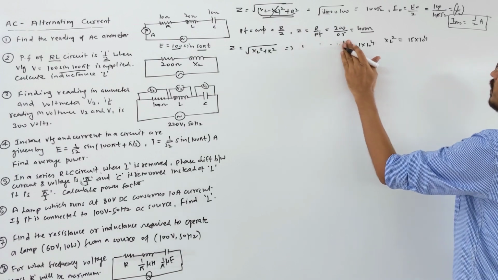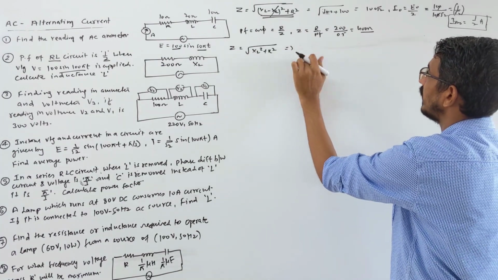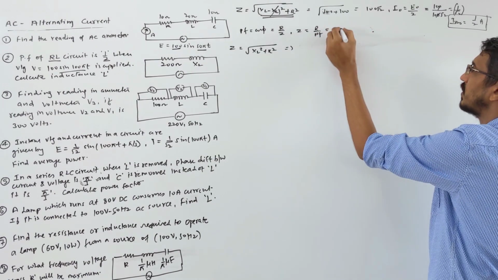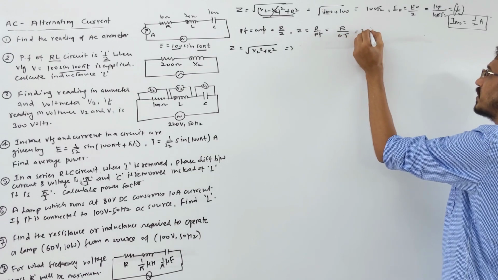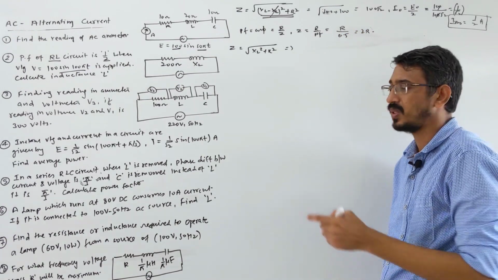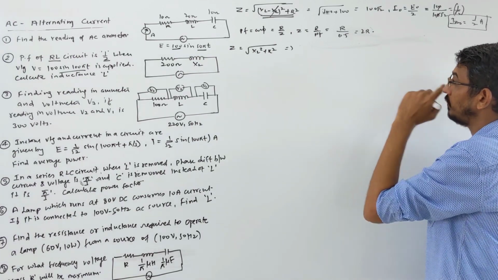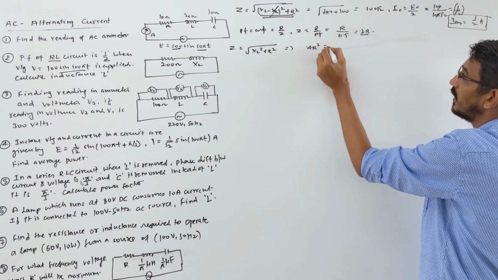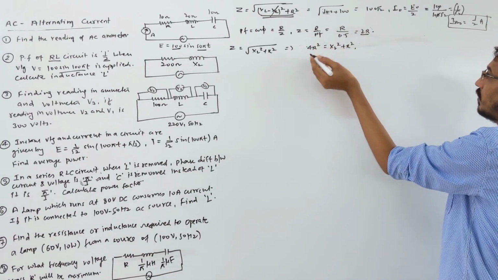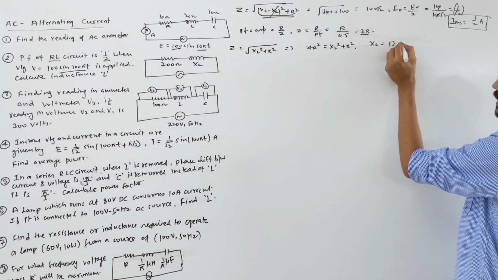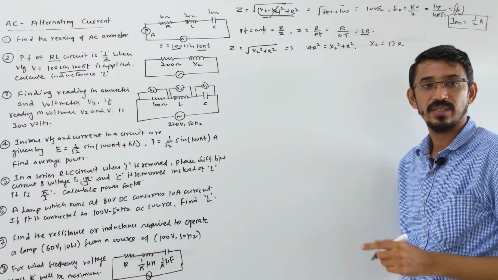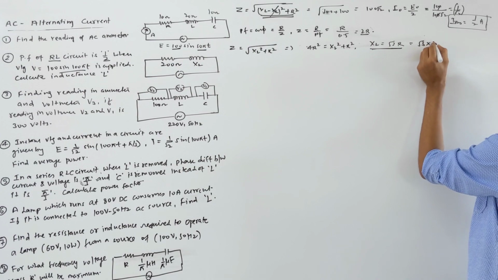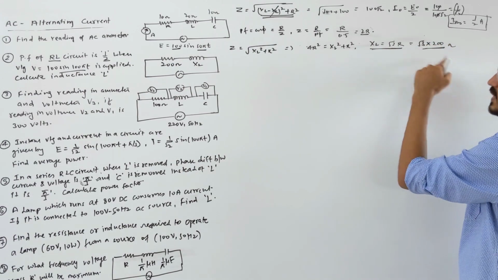Instead of doing one long calculation, make it short so that the calculation becomes easy. How? Don't put the numerical value of R, just call it R. So R by 0.5 becomes 2R. At the end we will put in the resistance value, because otherwise the calculation becomes very big. So now Z square is 2R squared, which becomes 4R square, equal to XL square plus R square. From here XL becomes simply root 3 of R, since 4R square minus R square is 3R square. Now that is easy. XL came as root 3 R, and R we know is 200. So that's your XL.